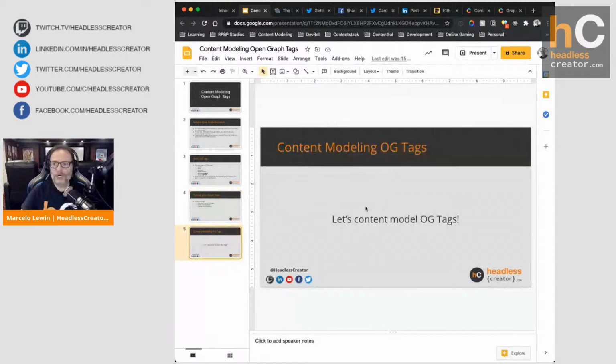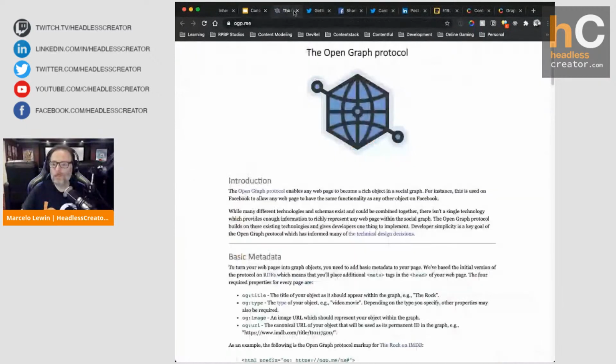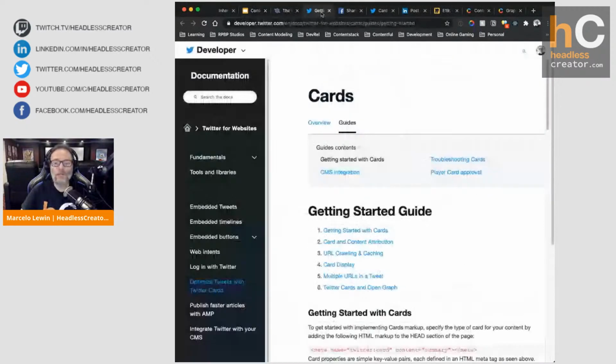So why don't we start modeling? But before we do that, let's go to the documentation. In developers, just search on Google. You can search for Twitter cards, and I'll put it in the show notes anyway, and they'll give you a good idea. Twitter cards, they're specific